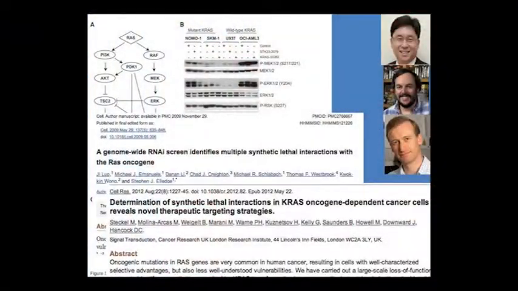I could pick 8 examples. There are 8 different papers out there in the literature about what happens when you run a synthetic lethal screen on RAS. I picked 3 because I work with these 3 people, I like them, and I know them well, but all of them put out a paper. You go in there and look at it, and it has a different wiring diagram. It says these are the synthetic lethal genes with RAS. This is the synthetic lethal genes with RAS. This is the synthetic lethal genes with RAS, and they're all different.